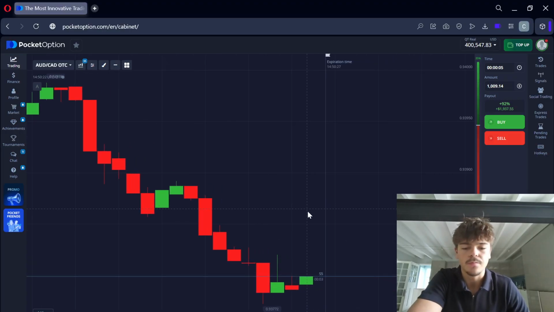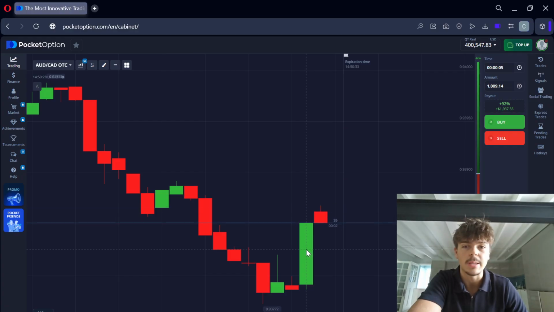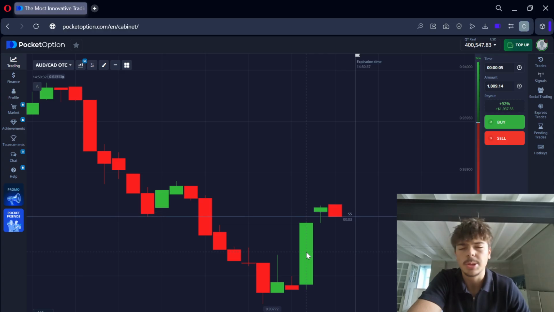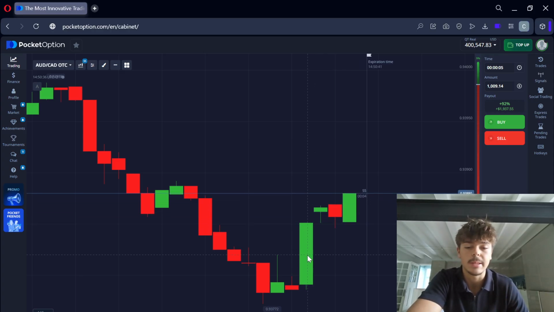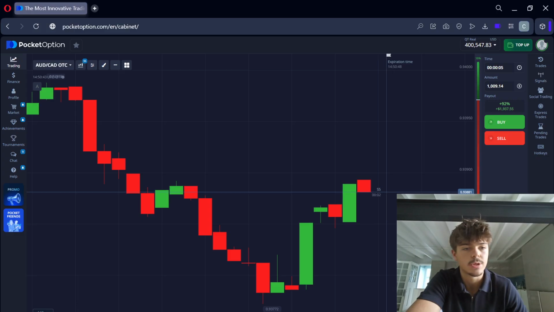Right, everyone. So, I'm going to be documenting all my trading sessions from now on, and I just want to show you guys exactly how quick trading works throughout this process. And also, every time I trade, I'm going to be doing this, so you're literally going to witness and see my account grow over time. Firstly, what we need to do is see our account balance here matches, which it does